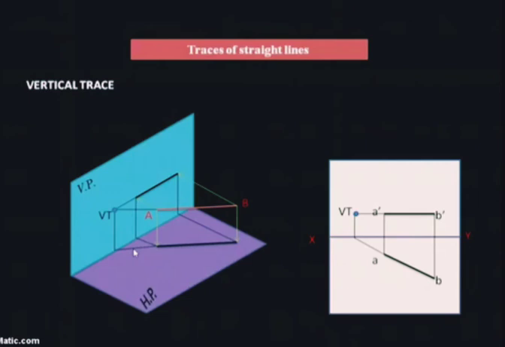When the inclination is given to both principal planes, that means the horizontal plane and the vertical plane, in those cases we get two traces, the horizontal trace as well as the vertical trace. Again remember, in these two examples we won't get both traces. In the first case we got only the horizontal trace, in the second case only the vertical trace. I hope you understand what I mean by trace, and how we get the horizontal trace and vertical trace.